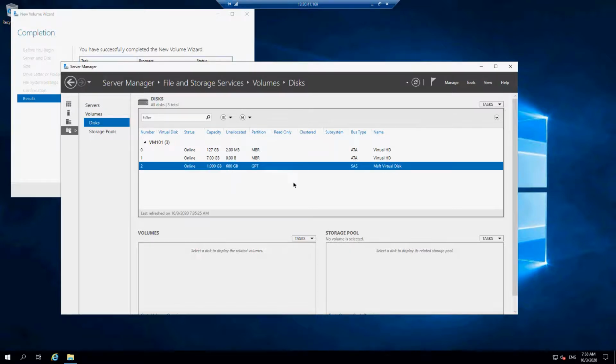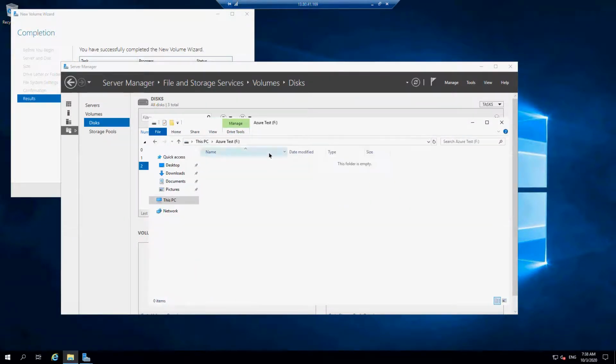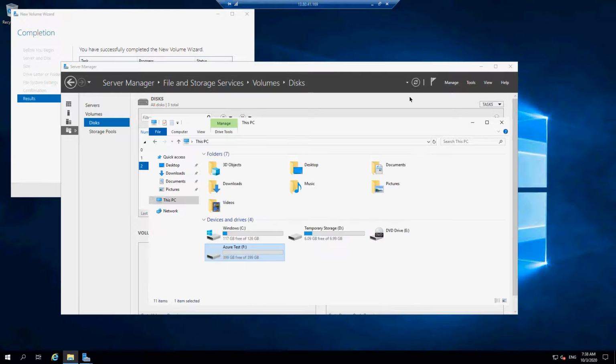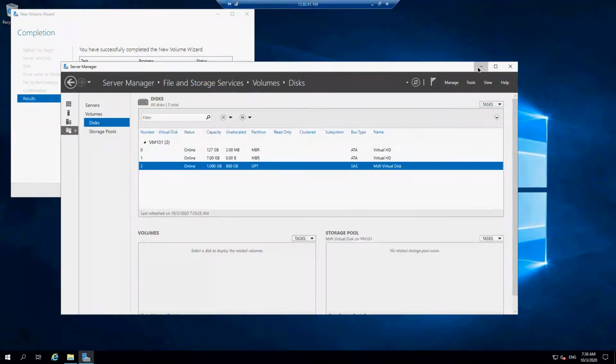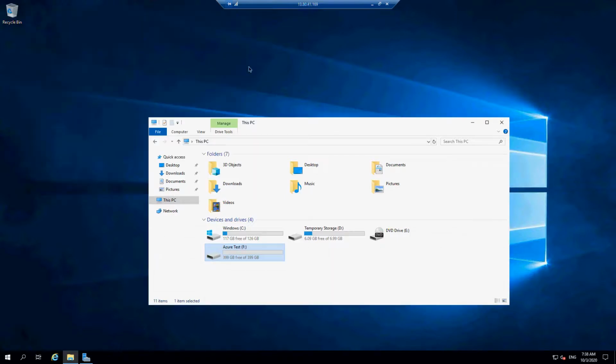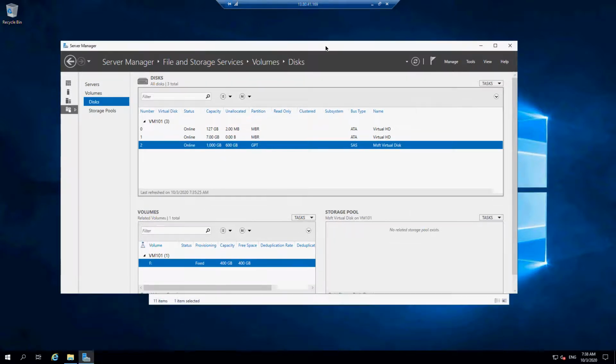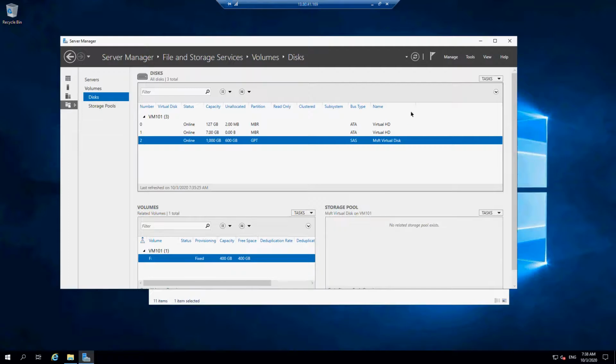And now, over here you can see in your disk manager that you are still left with 600 gigs, which is unallocated. And over here, you have your 400 gigs space available. So let's minimize that. I'm just going to close this. If you want to have those 600 gigs used as well, all you need to do is to